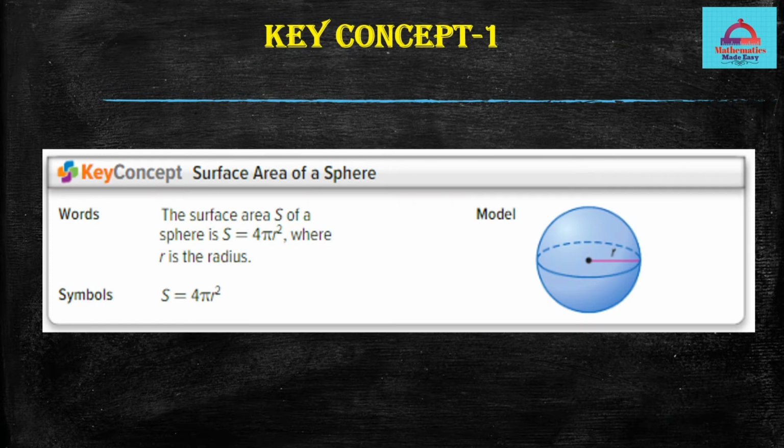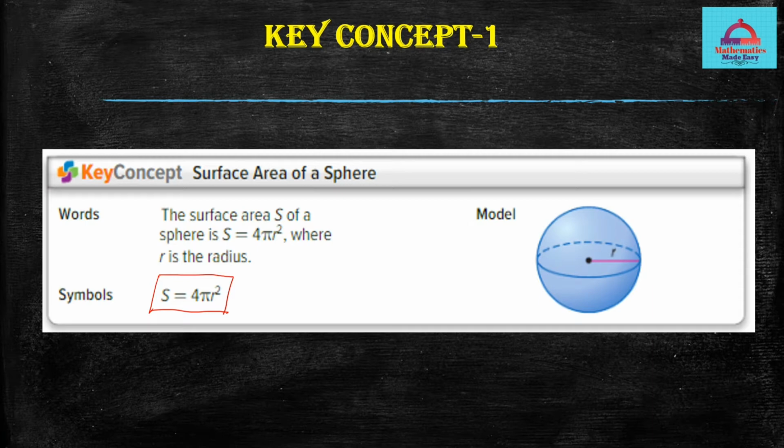The important learning objective would be the formula that would help you to find the surface area of a sphere. So let me highlight it here for you. The formula that would help you to get the surface area of the sphere is capital S equal to 4 pi r square. Now let me remind you students that for a sphere there is no difference between the lateral or the curved surface area and the total surface area. So if you see, the sphere is a complete whole, so we will just talk about its surface area and the formula would be 4 pi r square.